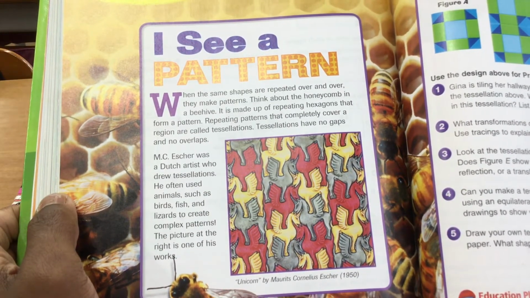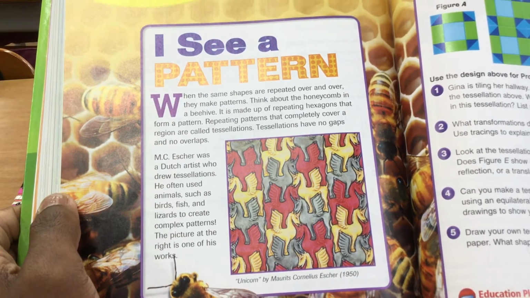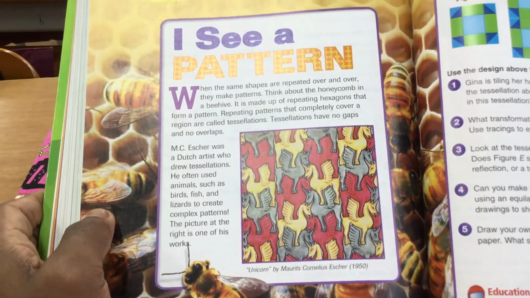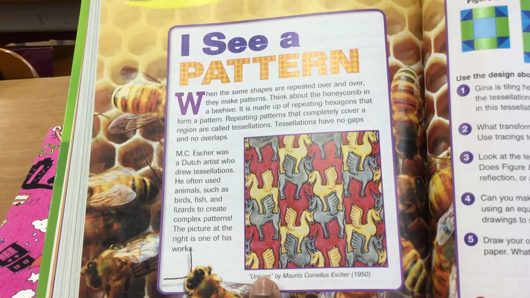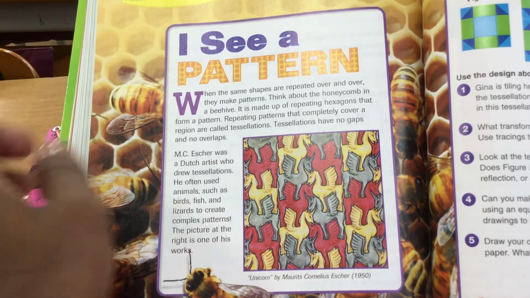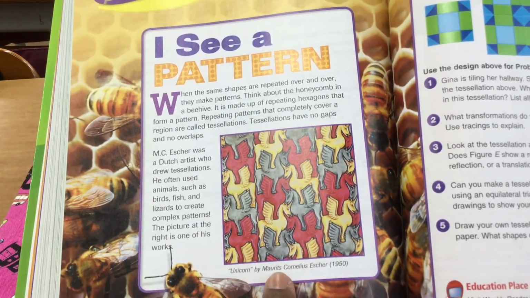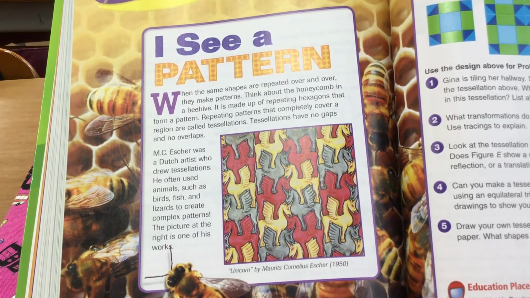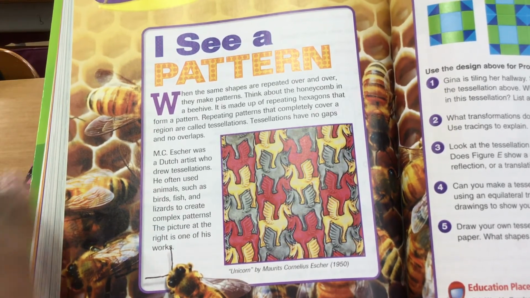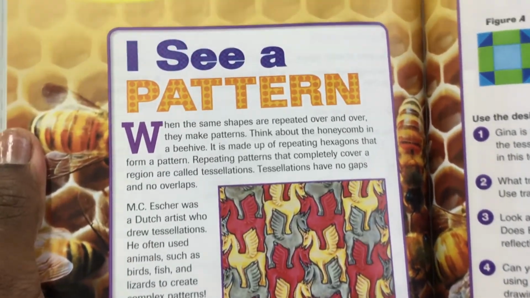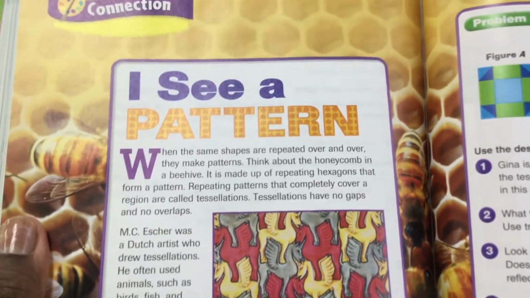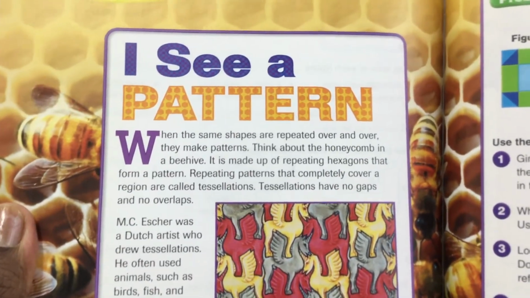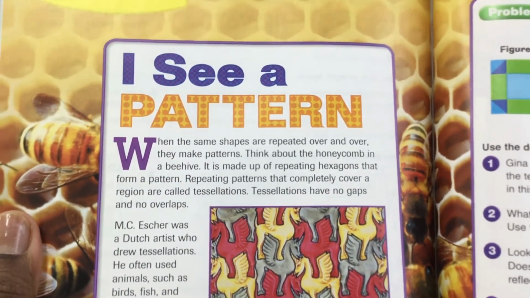The picture at the right is one of his works. It's called Unicorn by Moritz Cornelius Escher. And this was done in 1950. Let's pay close attention to the pattern here. It's really interesting, isn't it? Now you can see the